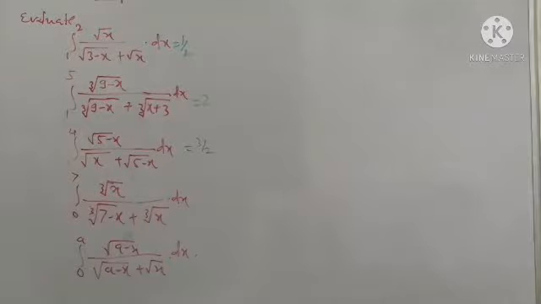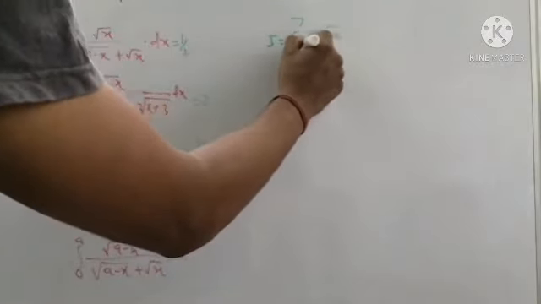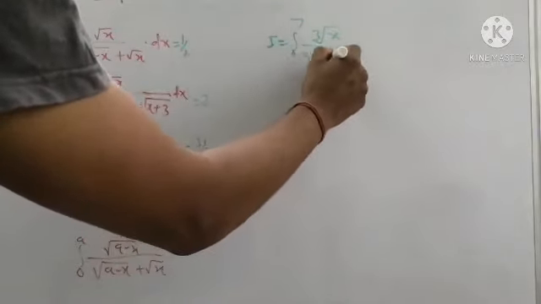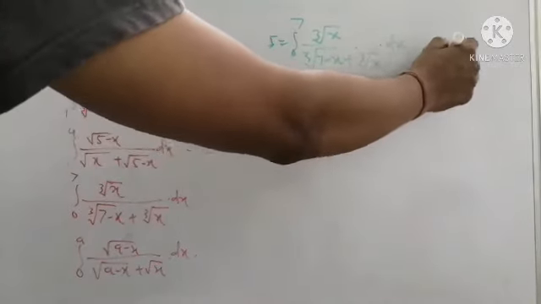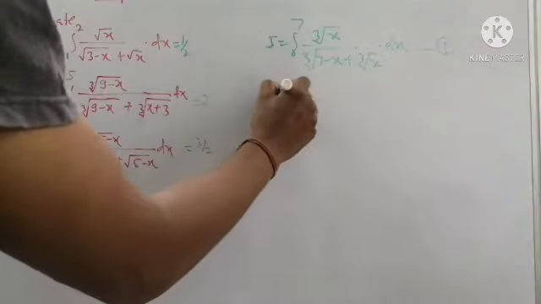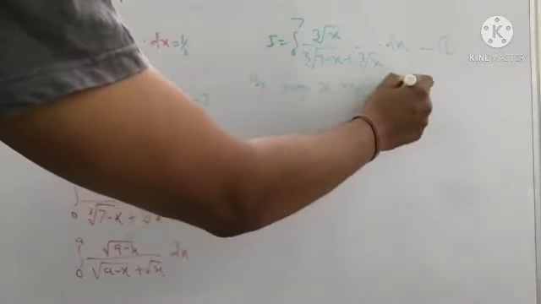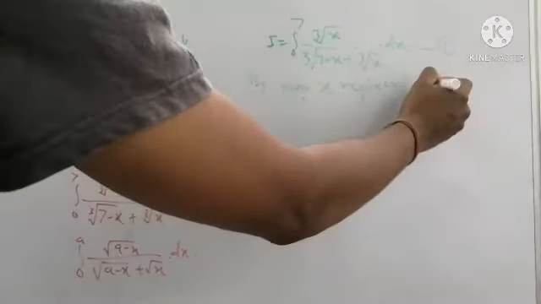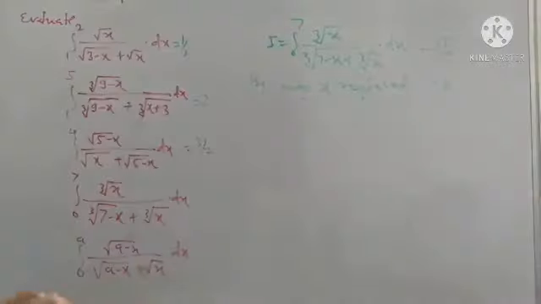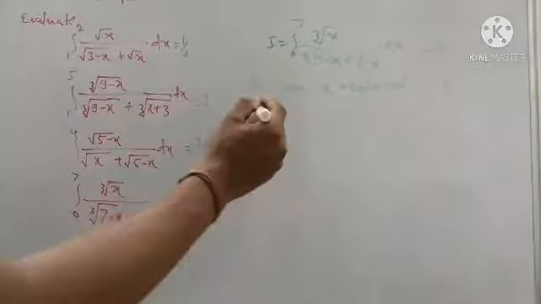Remaining. Now we take the next example: I is equal to integration from 0 to 7 cube root of x divided by cube root of 7 minus x plus cube root of x, into dx. Now I put this as number 1. Now by property x is replaced here by, actually the lower limit is 0, so the addition of limits is 7 only, minus x. Now x is replaced by 7 minus x in the integral, so we get I is equal to